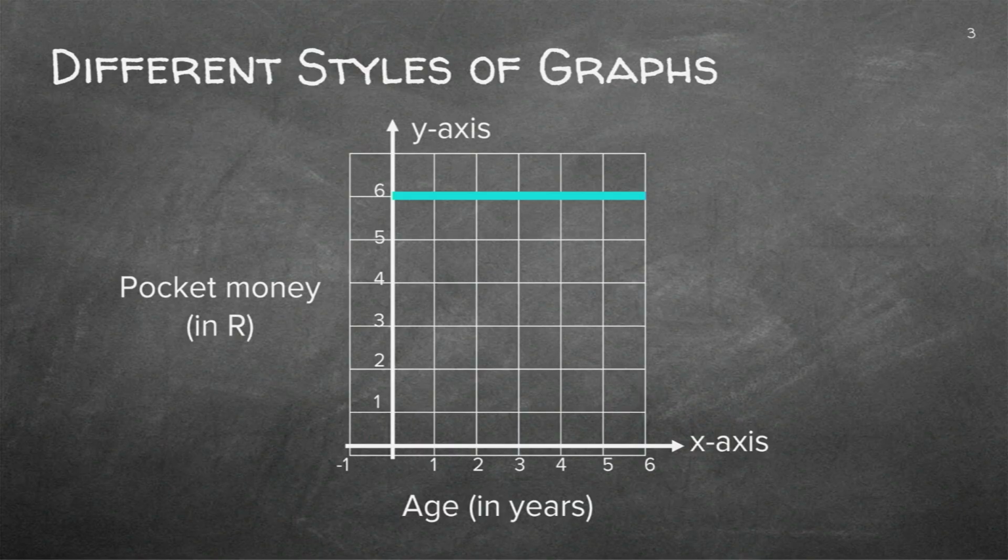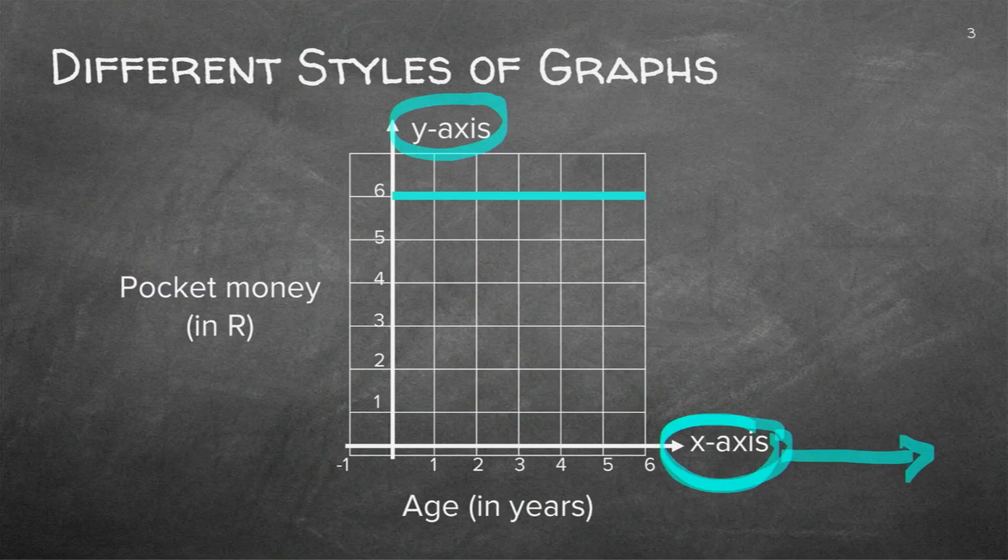The first thing, you need always to have an x-axis, which you've done in mathematics, as well as a y-axis. This is the x, this is horizontal. This is the y, this is vertical. Always remember to number the different categories. I have here 1, 2, 3, 4, 5, and at the bottom, 1, 2, 3, 4, 5, 6. It's like you use graph paper.